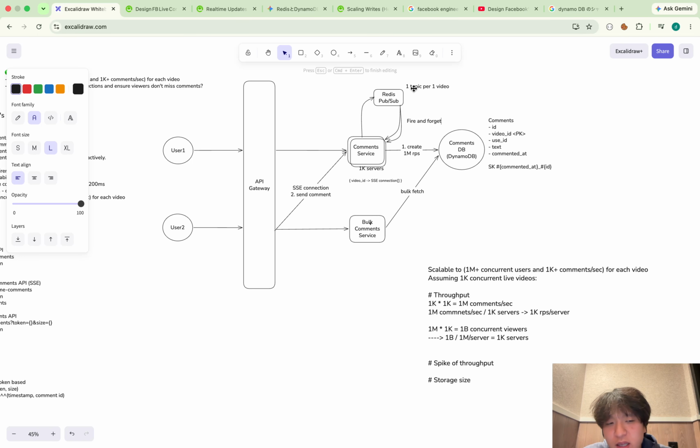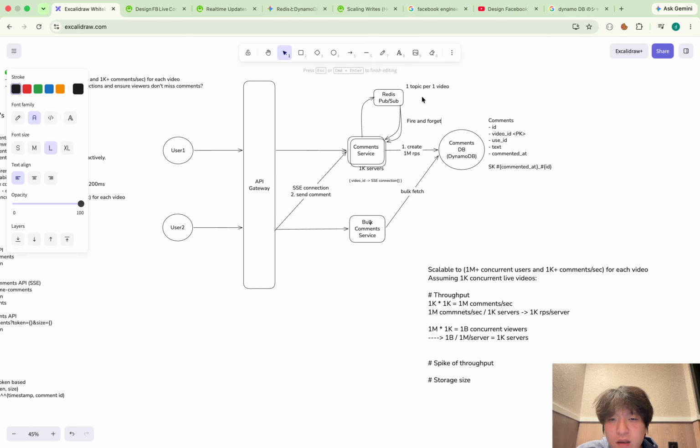And of course, if the user has to see past comments, because data is already stored in DynamoDB, the client can bulk fetch the past comments. So this fire and forget Redis pub sub is totally fine.